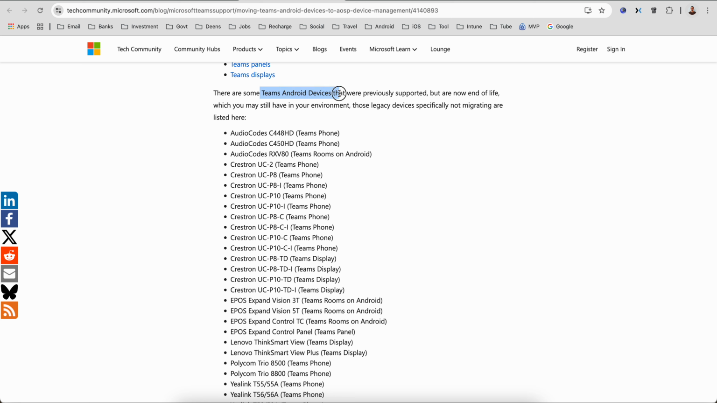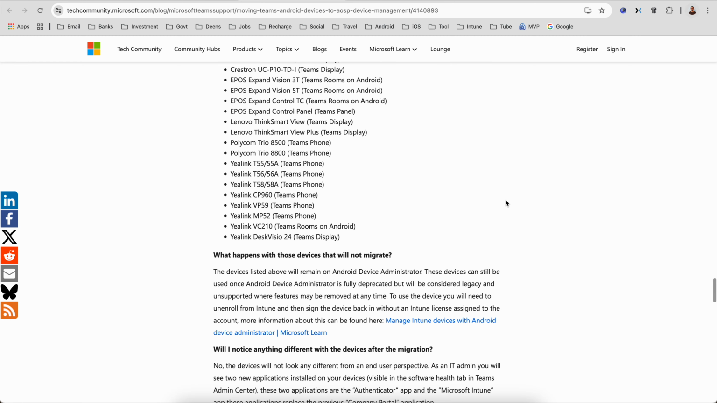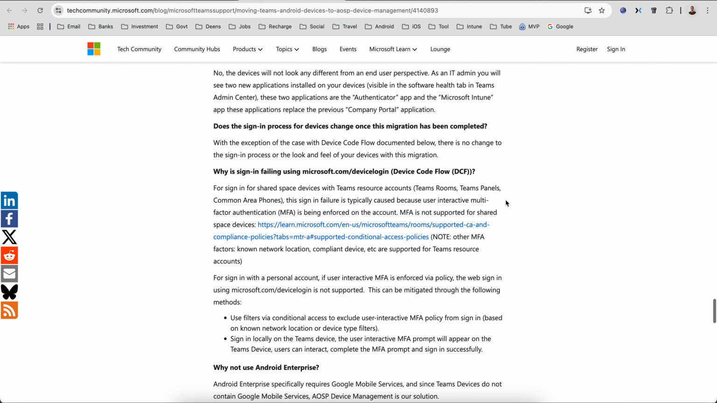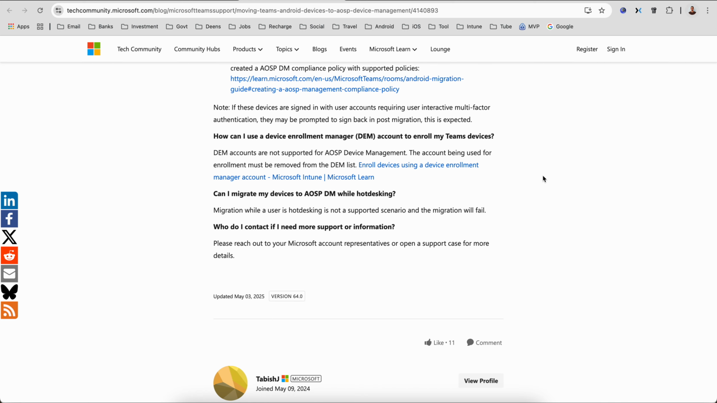These are some of the Teams devices that were previously supported but are now end of life, which you may still have in your environment. Those legacy devices will not be migrated. So if you have these devices, they will not be migrated. You can always go through this process, this FAQ, and read it so that you can understand